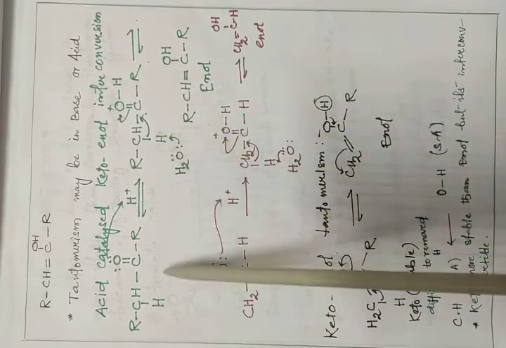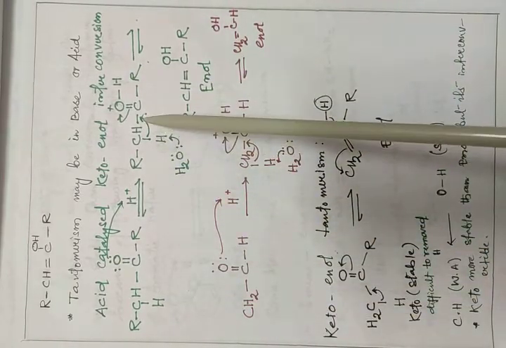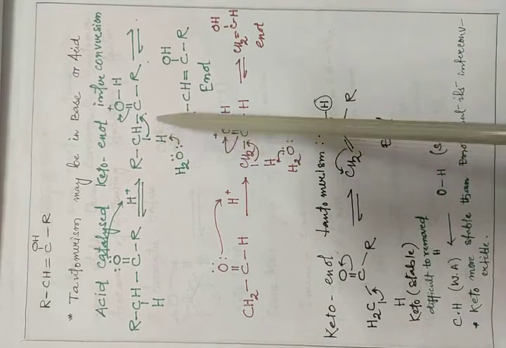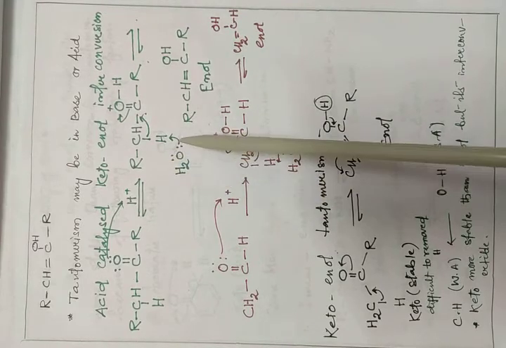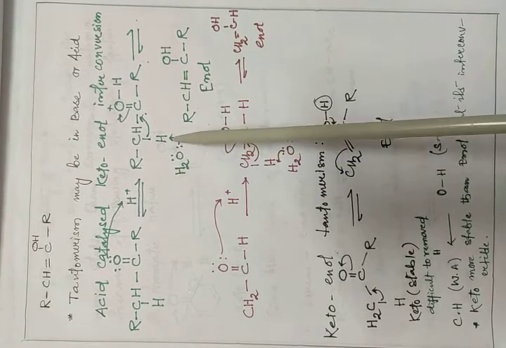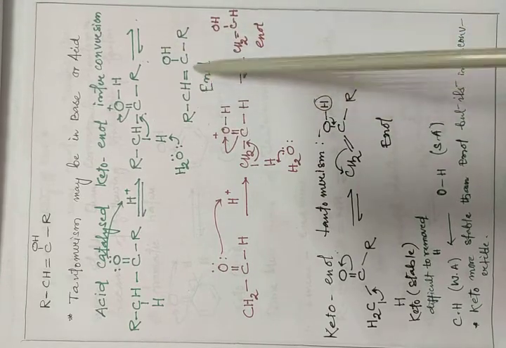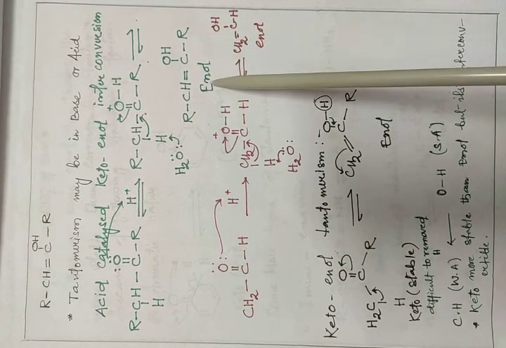Now here in this, we have to break. If it breaks, then this one will come here only. Then the hydrogen will be alone. So now alone, and then this water will connect to this. That means hydronium ion will form. After that H3O, then the OH enol will form.